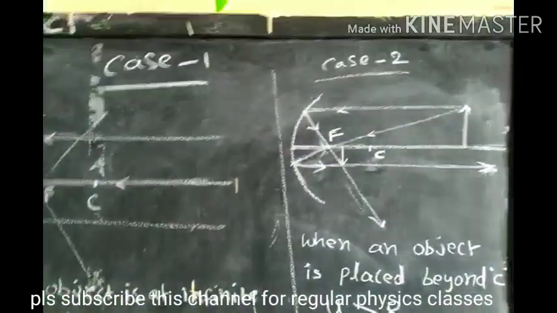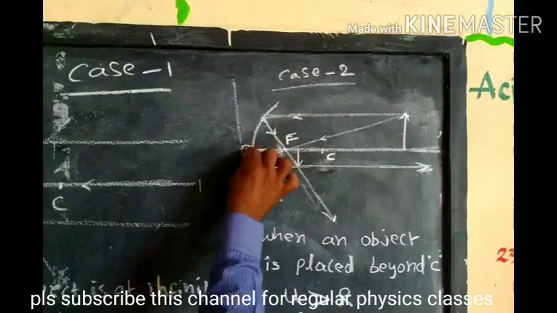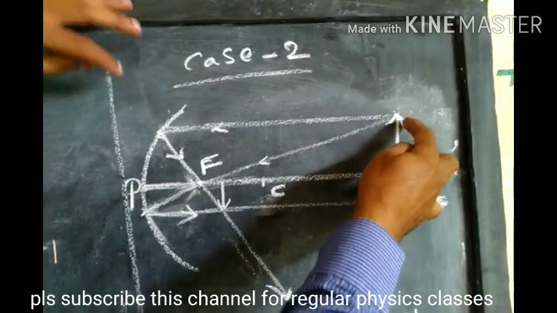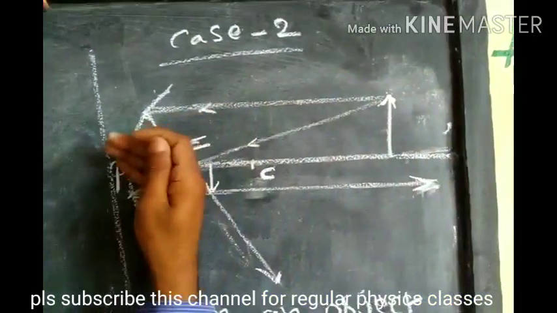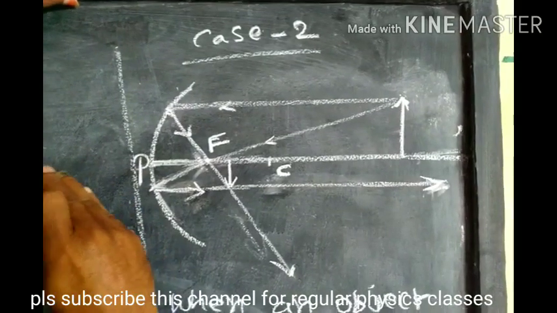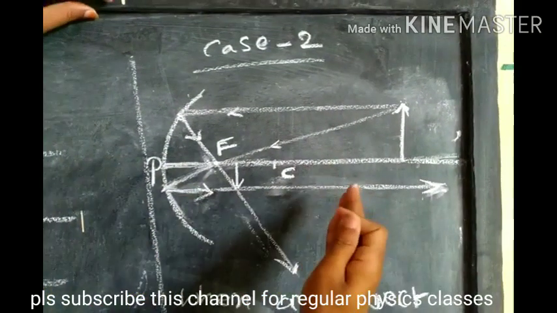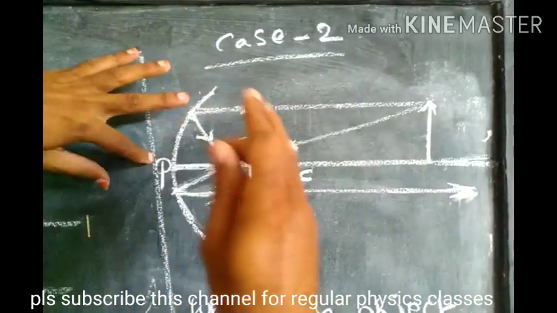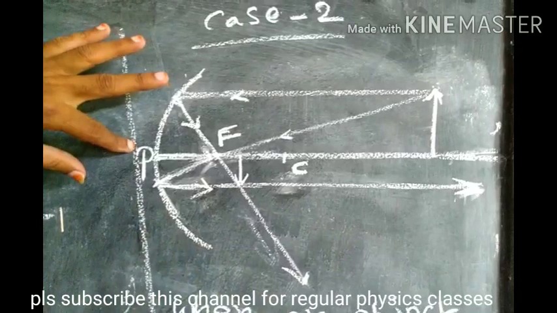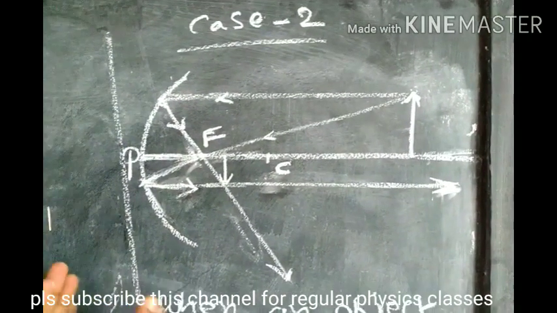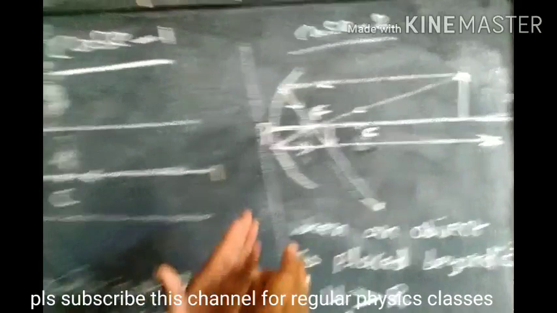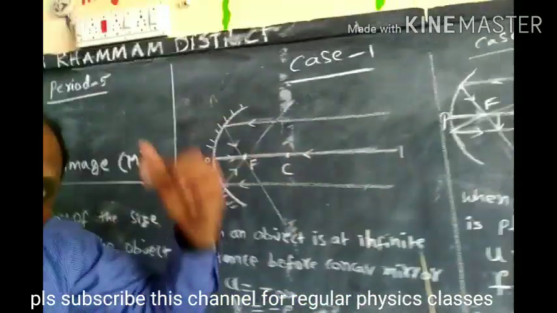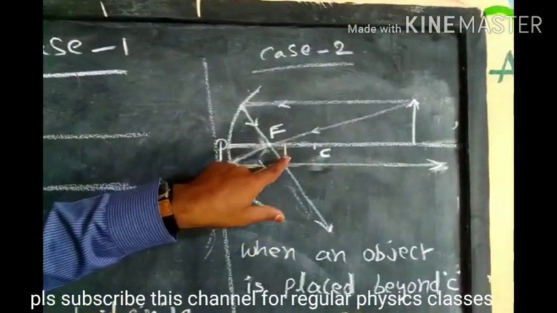Now when we have started taking the values from the pole, we are going this side, but the incident ray came from right to left. That's why we are taking the values from left to right, opposite to the incident ray. That's why the object distance is always a negative value, and for real images the image distance also has a negative value. When a real image is formed, it is inverted.